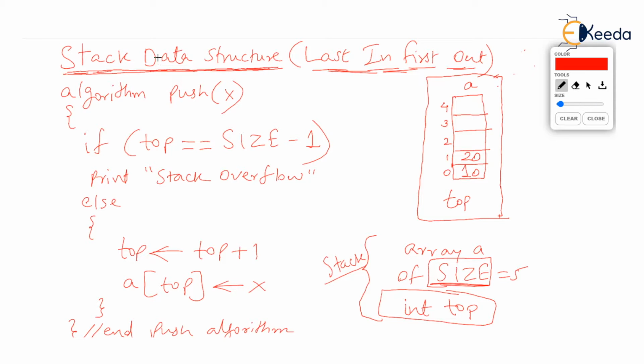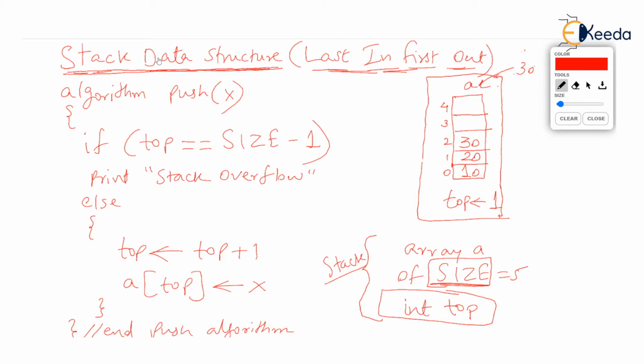Then the value of top is going to be 1. Now top is 1, indicating that the first element of the array where I am pointing to is the topmost element used in the entire array. So anything above this element is not yet used in the stack, isn't it? Now just imagine we push one more element. See, clearly I am using the word push instead of insert. Suppose we push a new element 30. Then 30 will go and sit on top of 20. So 30 is stored at second element.